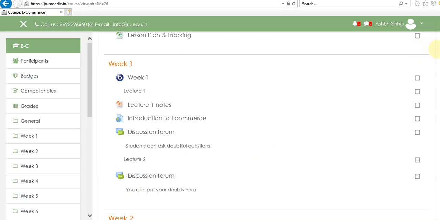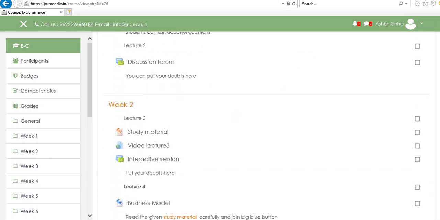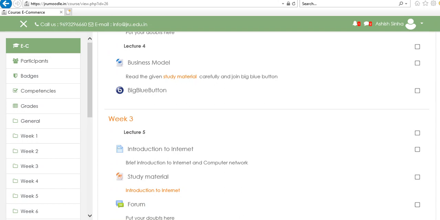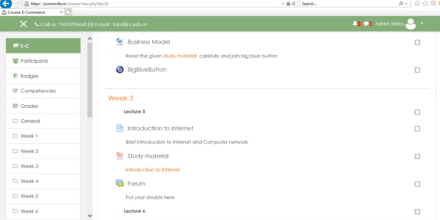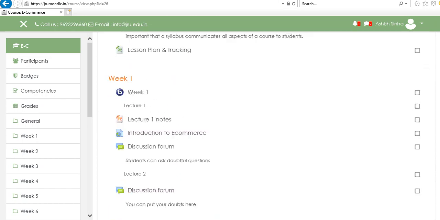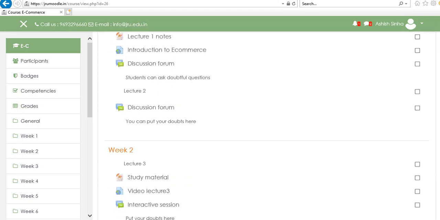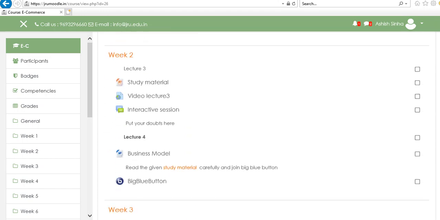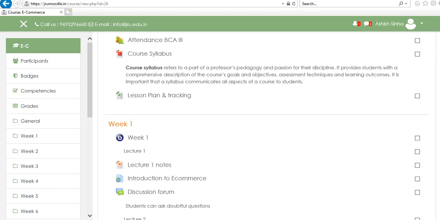Okay, after that you must check if there are any assigned lectures or not. All your assigned lectures must be displayed on your screen.